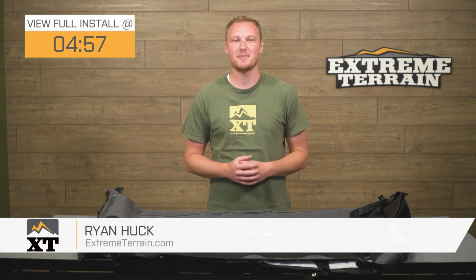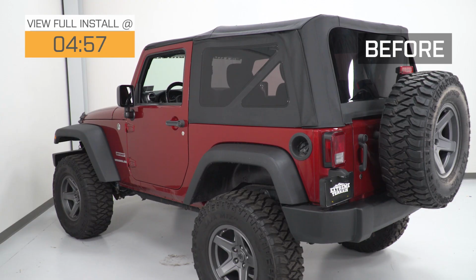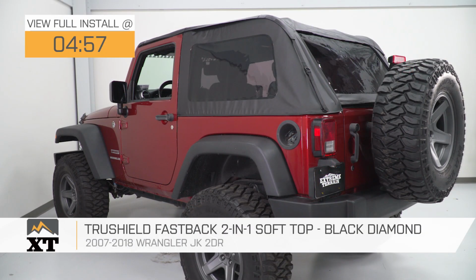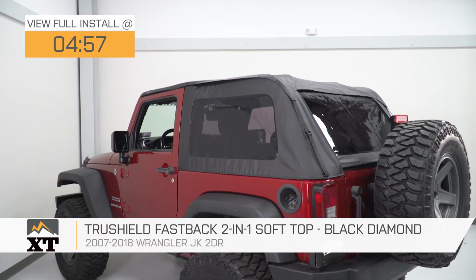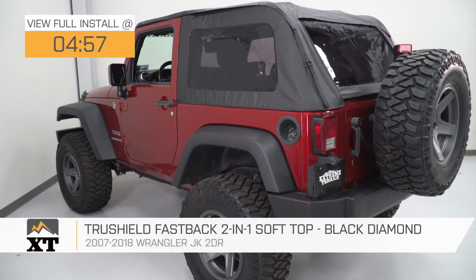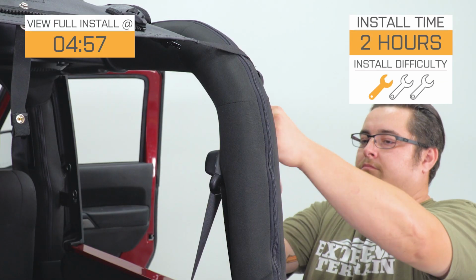This TruShield Fastback 2-in-1 soft top in black diamond is for those of you that have a two-door 2007 to 2018 JK that are looking for an aftermarket soft top that's going to give you a little bit of a different look and functionality from a factory soft top. This is going to be a very easy 1 out of 3 wrench installation, and we'll talk more about that